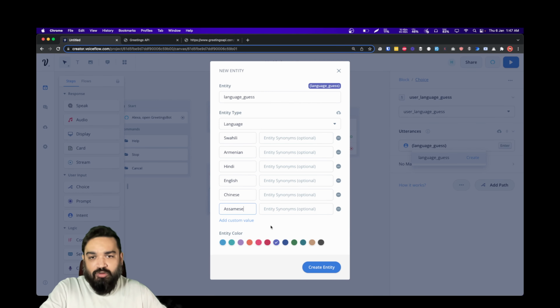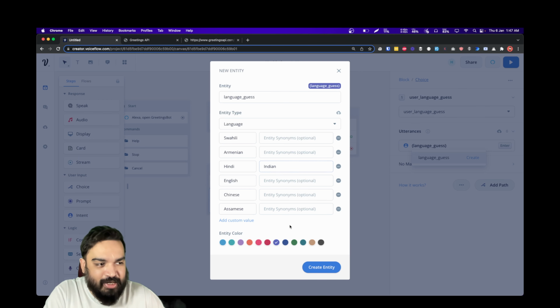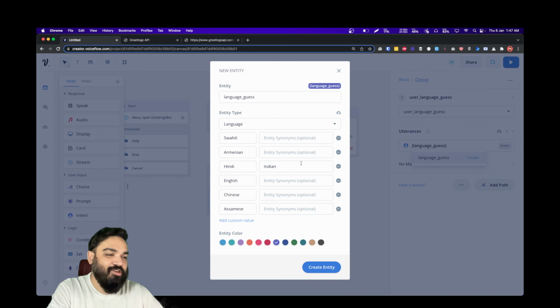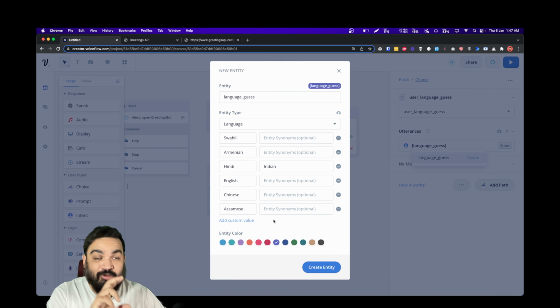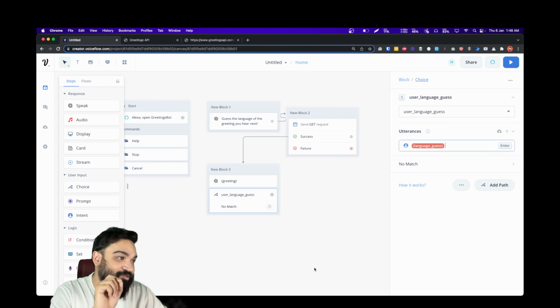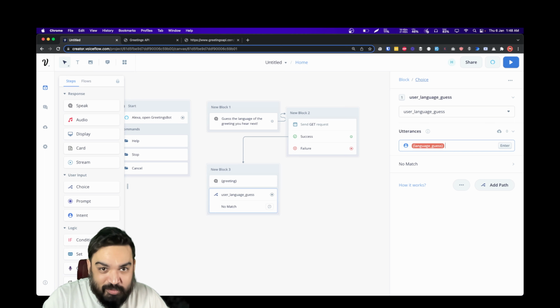So the goal for you is to add as many types of responses here, and if there is another way to say this, you can also say it in the column on the right and use CSV, comma separated values, to say multiple ways of saying just English or Hindi, right? So that's how you train Alexa to understand what the response is. And you can also change the color of this just so that you remember if you are building something complex, right? So that's how you create an entity and wait for the user's response, right?